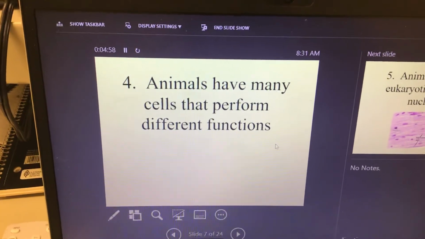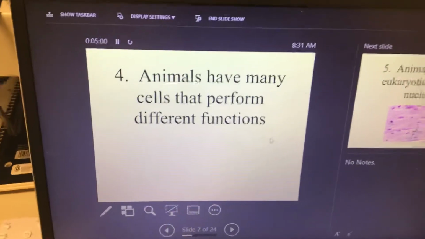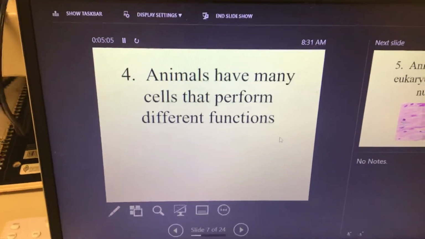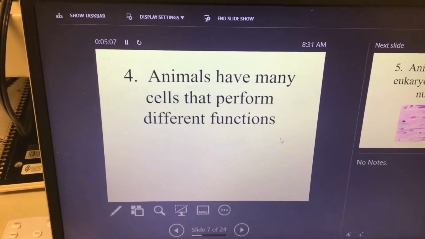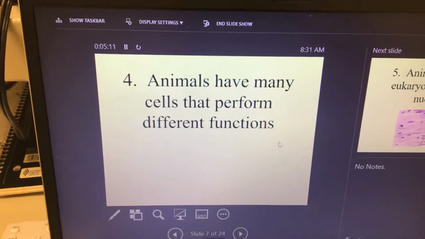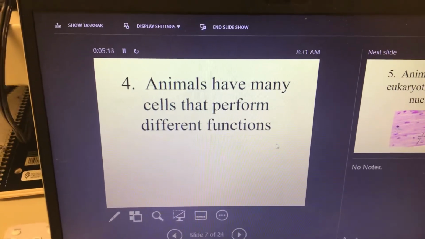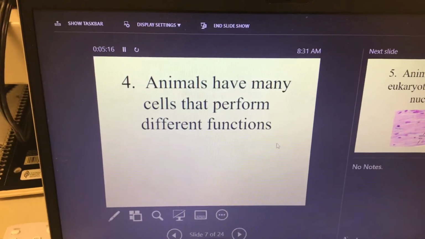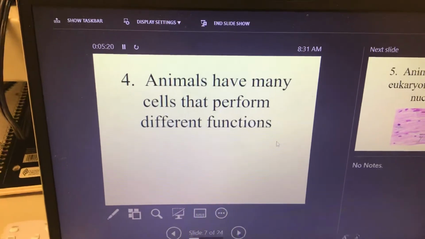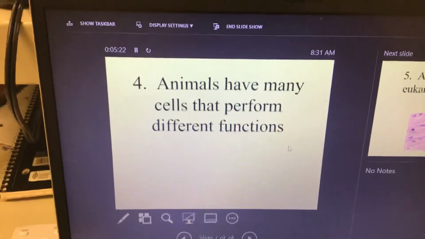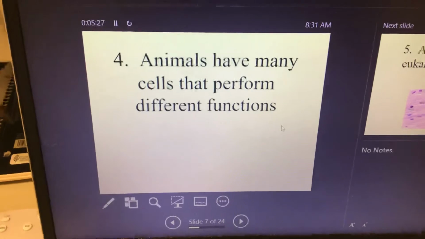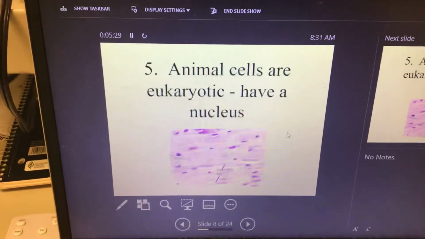It's kind of like this school. Okay, this school, not everyone is the same. Okay, you have students whose job is to try to learn something. You have teachers whose job is to try to get those students to learn something. We have lunch ladies whose job is to feed you. We have janitors whose job is to clean up. Okay, we have all of these people and everyone has a different job. So it's kind of like the cells in your body or in most animals' body.